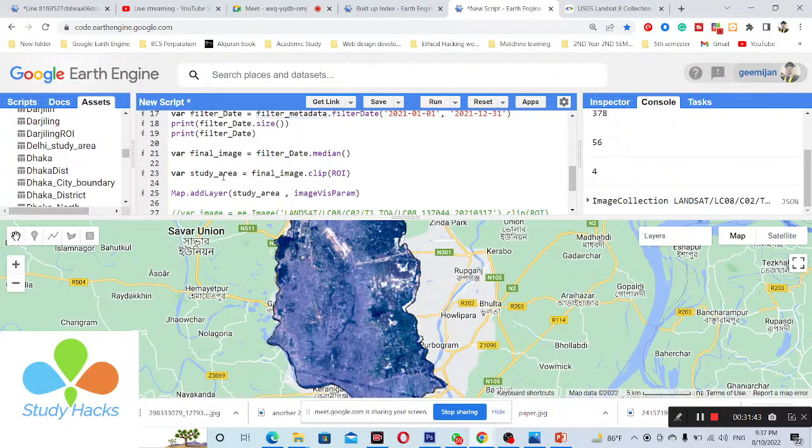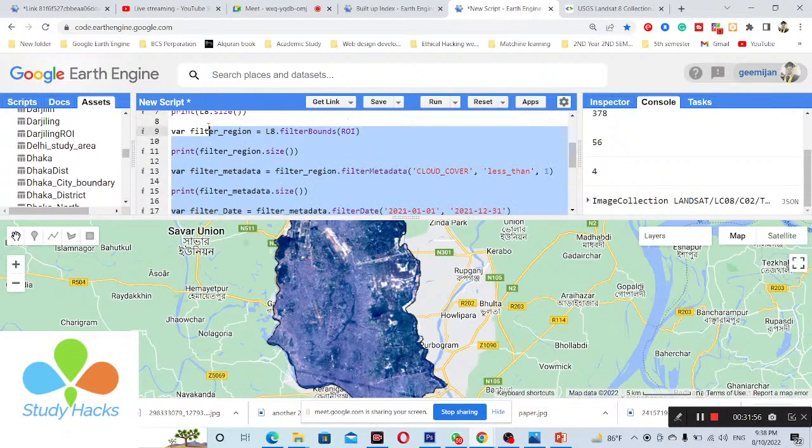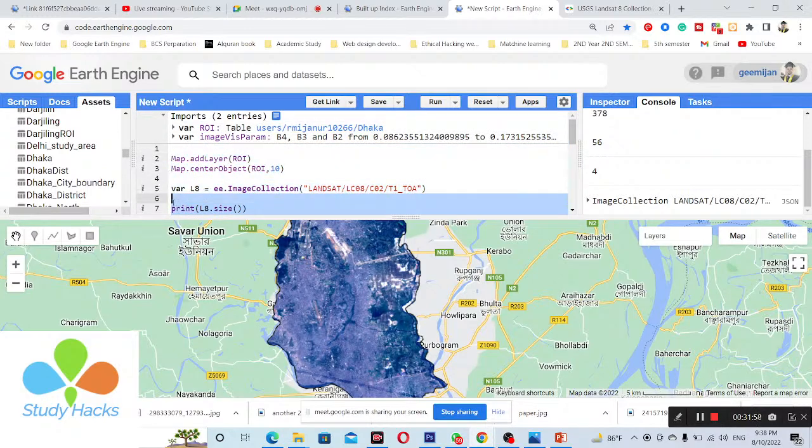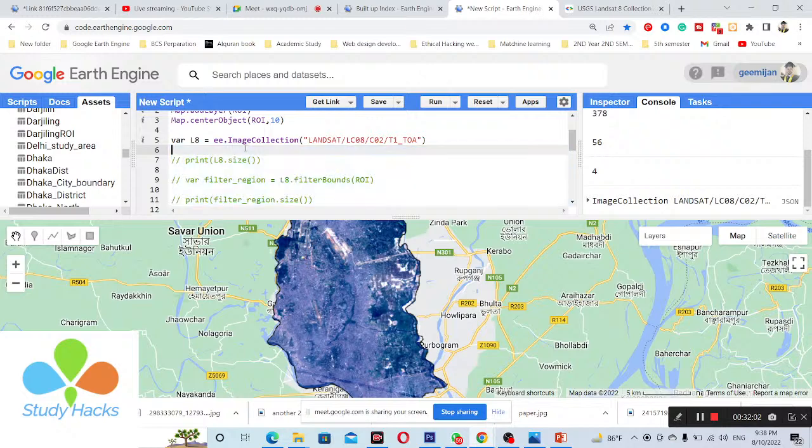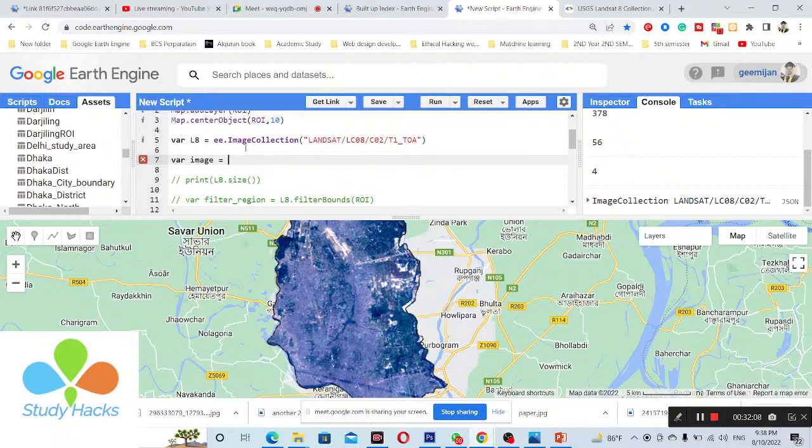But if you want, you can take only one variable, and under this one variable you put all of the functions. So this is the process for sorting, writing the sorting code. I simply comment all of these lines, and then I use only one variable. Suppose I take the variable image, and under this image variable I put all of the